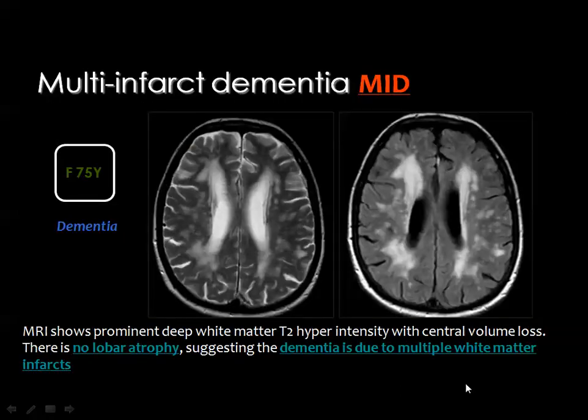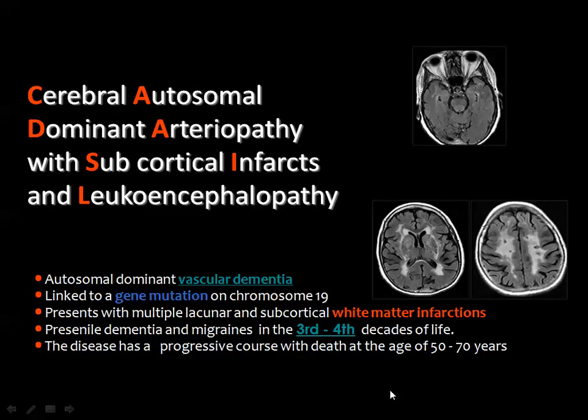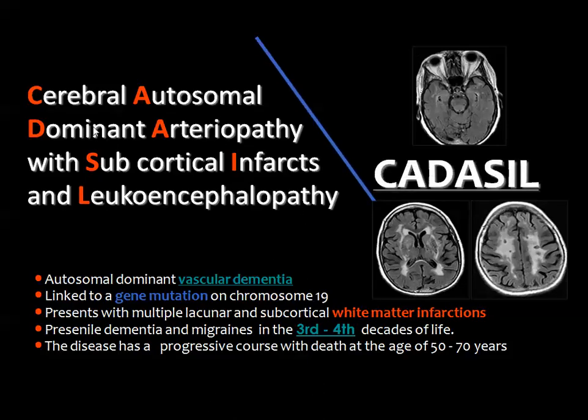And this is a female patient, 75 years old with dementia, showing typical changes in the T2 and the FLAIR images. The ventricles are slightly dilated. There are sheets of high signal intensity framing the ventricular wall and scattered foci of high signal intensity representing white matter infarctions. Then we came to this disease, which is known as CADASIL, and this is the abbreviation of cerebral